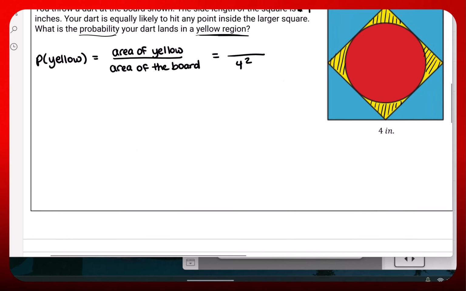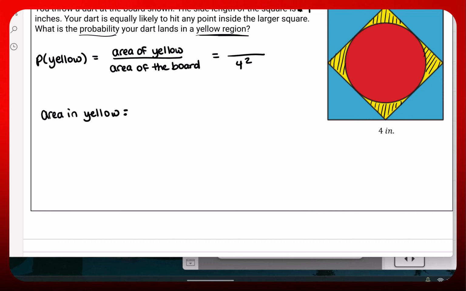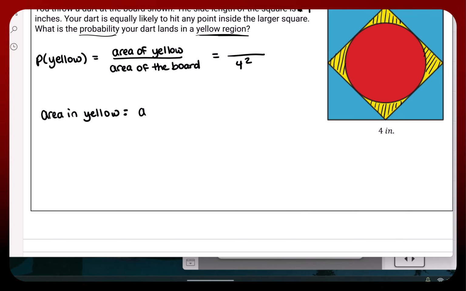The area of the yellow part, on the other hand, that's the challenge. So let's talk about the area in yellow. How am I going to find the area in yellow? So the yellow starts out as a square. Do you see it? It's just like rotated. So what I'm going to do is I'm going to find the area